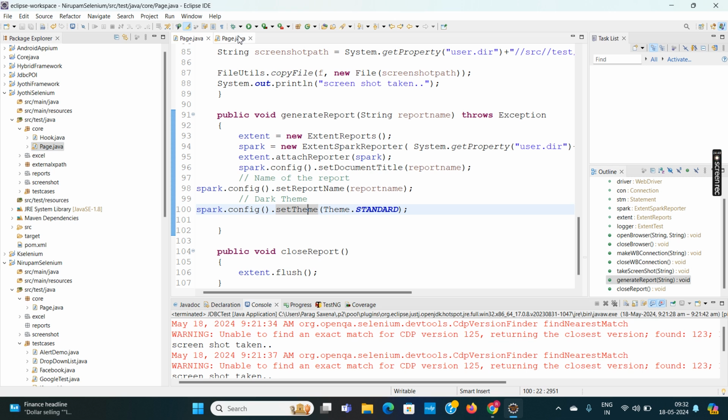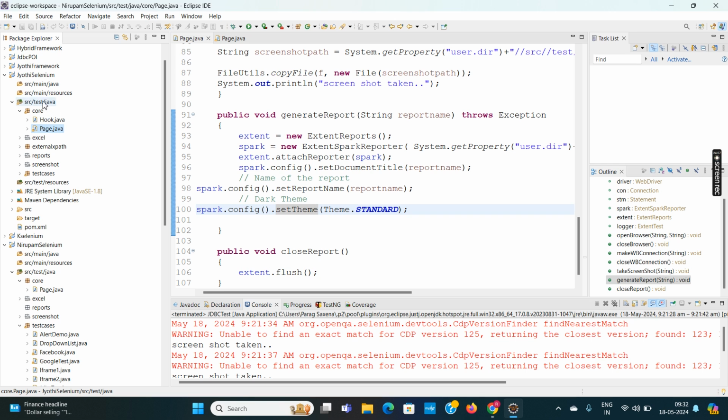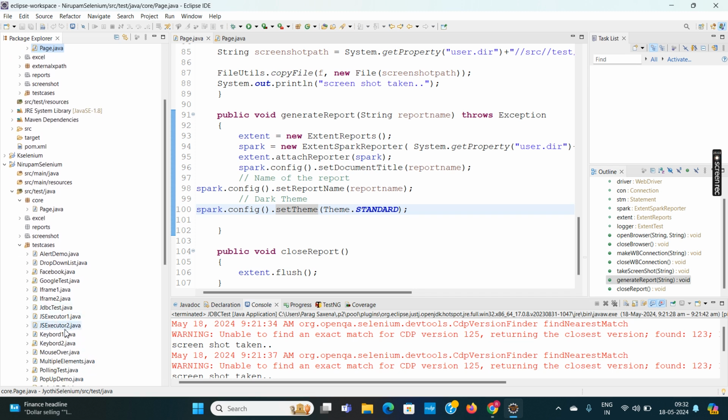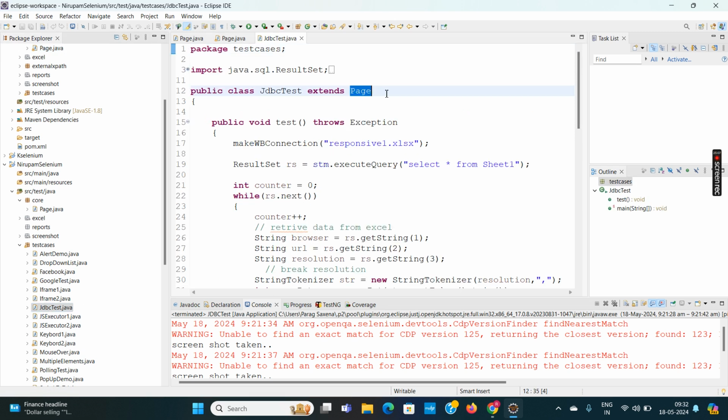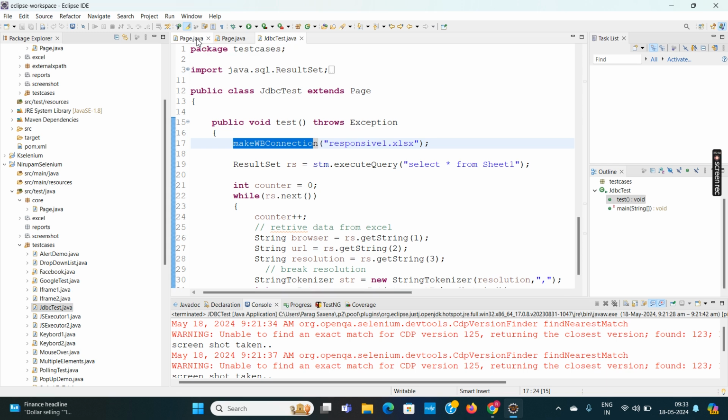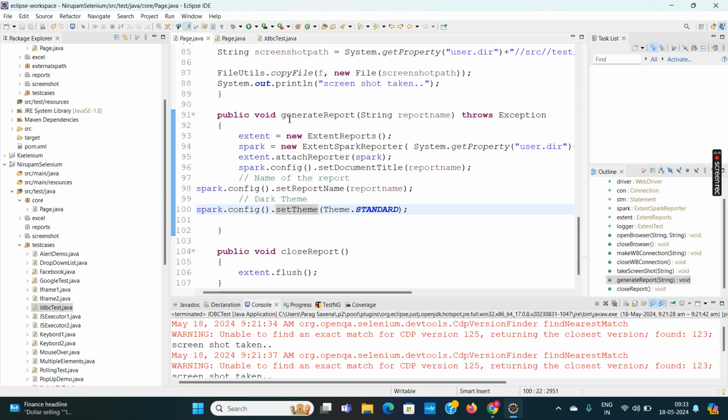Okay. So now after doing this, I will go back to my program, that is JDBC test here. Like we have inherited make workbook connection, similarly, I will inherit generate report,